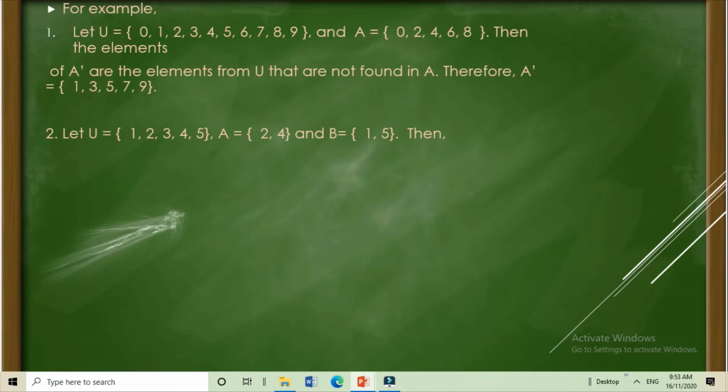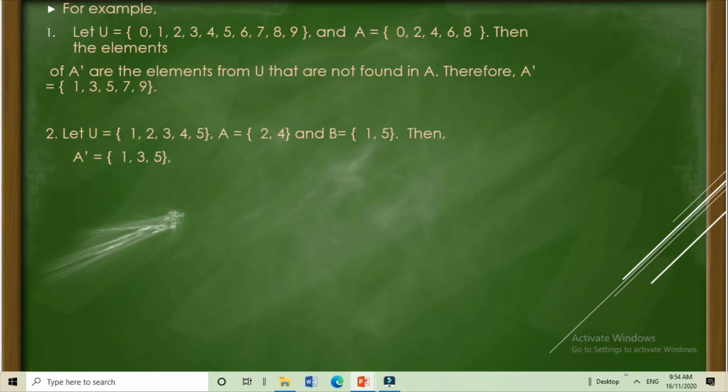Another example, if the universal set is equal to the element 1, 2, 3, 4, and 5, and set A is equal to the element 2, 4, and set B is equal to the element 1, 5, then the complement of A is equal to the element 1, 3, and 5. Bakit yan ang sagot? Kasi nga, ang unang hinihingi, ano yung mga elements sa U na wala sa A. Unang-una, wala yung 1. Pangalawa, wala yung 3.